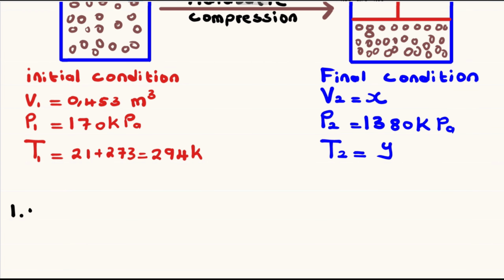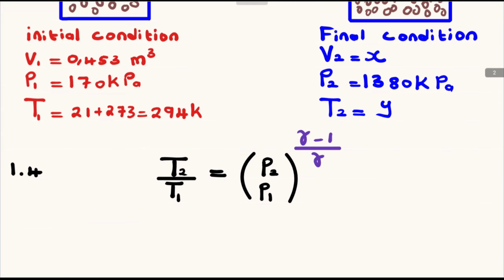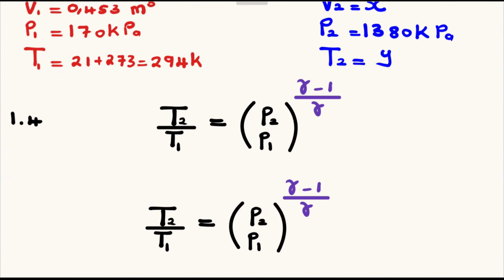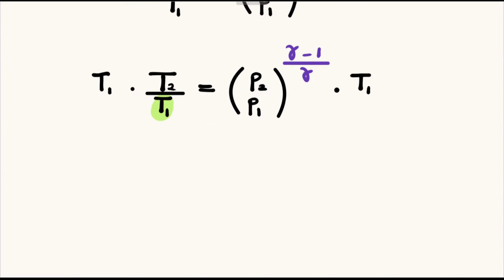We are at question 1.4, and the formula that we use is temperature number 2 divided by temperature number 1 is equal to pressure 2 over pressure 1, raised to the power gamma minus 1 divided by gamma. So we make T2 the subject of the formula by multiplying both sides of the equation by that T1. So we have T1 on the left and also multiply by the T2 on the right, such that T2